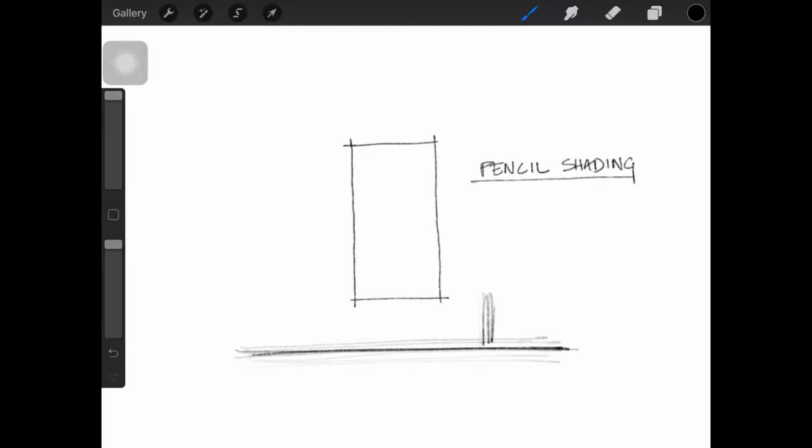The next thing that you can try is creating a series of lines repetitive around a smaller area and at an angle, repeating them in a smaller area, in some cases going from light to dark. So just get a little more familiar with the kind of pencil that you're using.